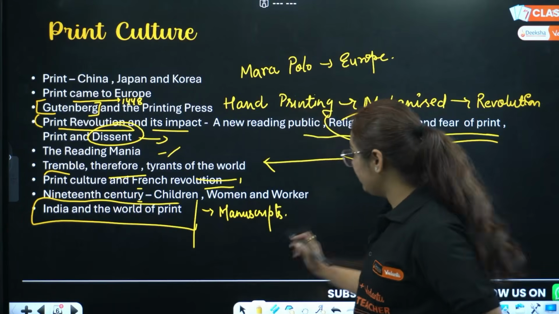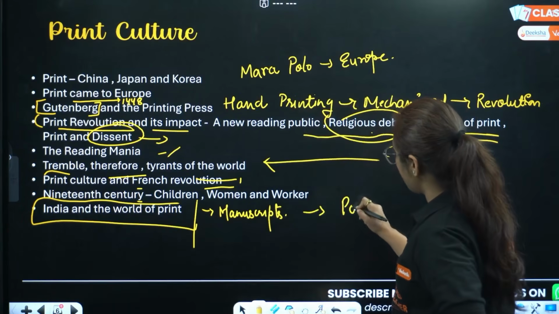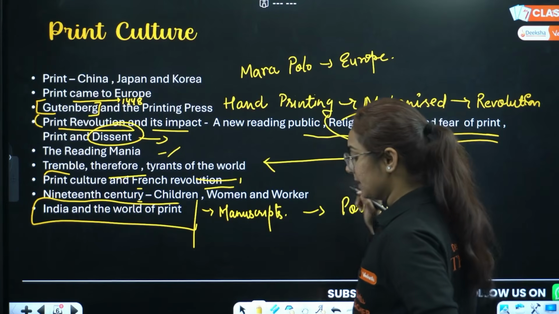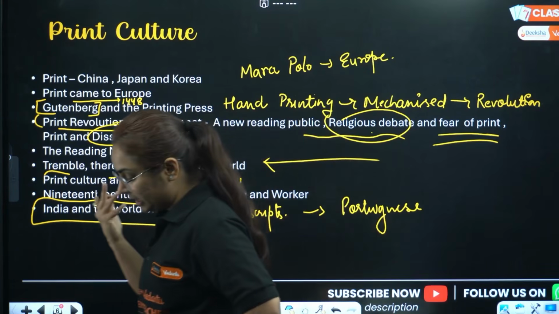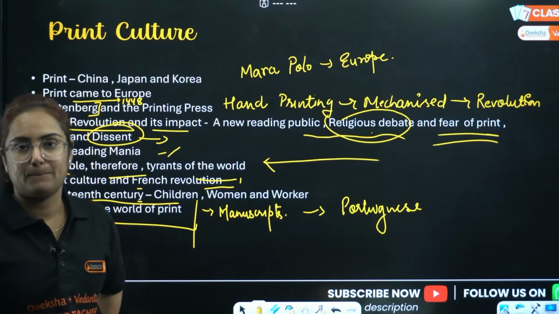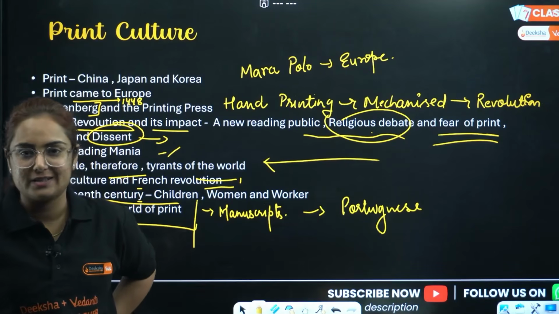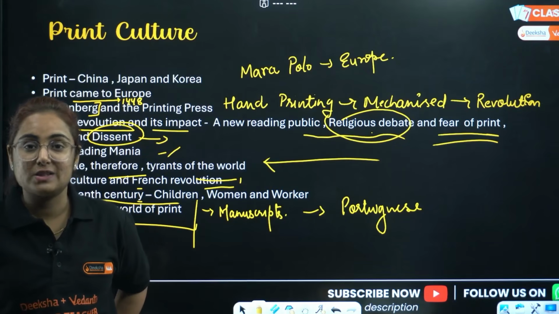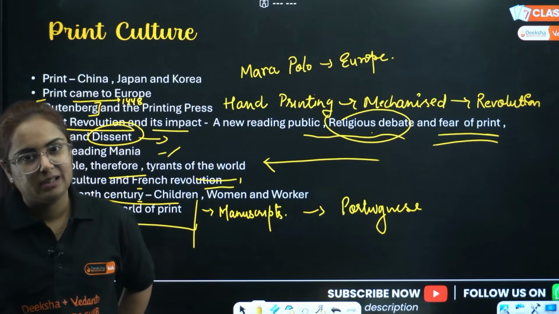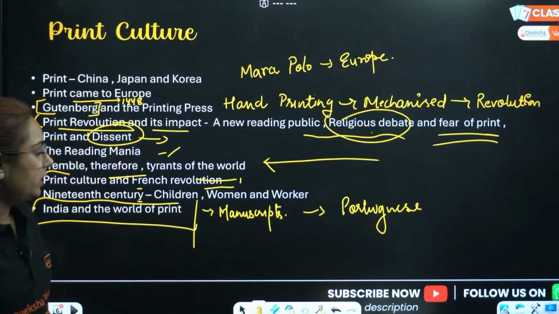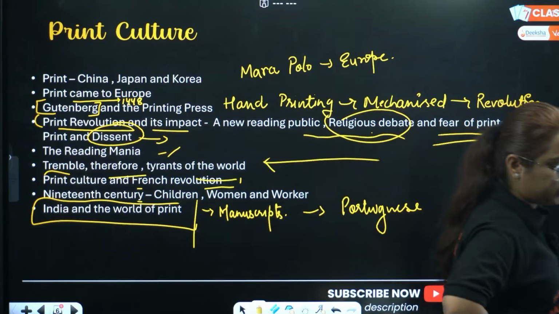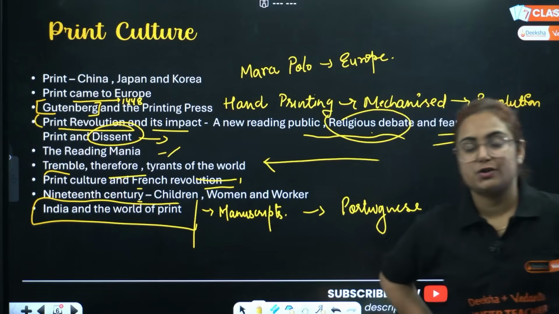Who brought print to India? Europeans. First were the Portuguese. And here is how Tamil books, Kannada books, then Konkani books started to be printed in India. The Portuguese came to India at the earliest, right? We know that. Who was the first person? Vasco da Gama, in 1498, came to India. And then the story of looting started. So, the Portuguese were the first people to introduce what? Print and culture to India.